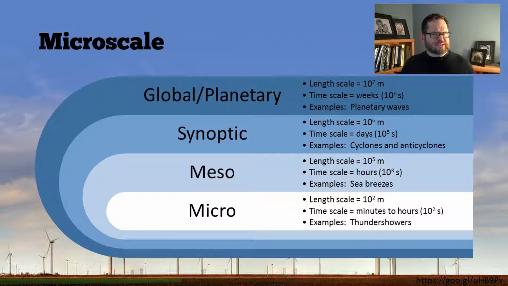A few hours, frankly, seems a little generous as to how long we're talking about. And the example they cite in the table of a microscale feature of the atmosphere is a little bit hard to understand. They said thunder showers. Now, to understand what we mean by thunder showers, I don't mean a thunderstorm. TV meteorologists often use the words thunder showers and thunderstorms kind of interchangeably. It's important to know from context that the author is from Denmark,